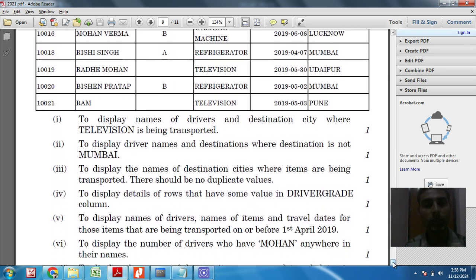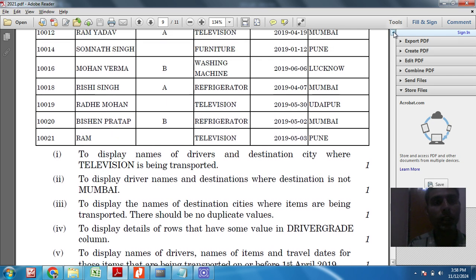Without null values we have to display the details of rows. We have to show all the details of rows. So the details of Ram, Radhe Mohan and Somnath Singh should not be displayed.